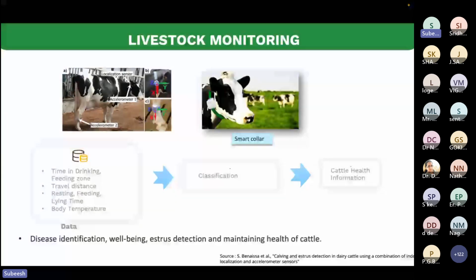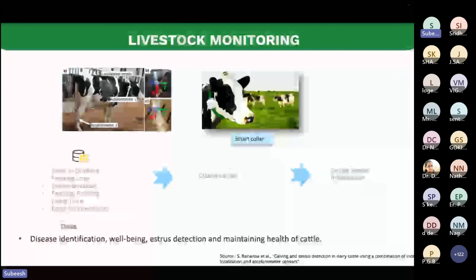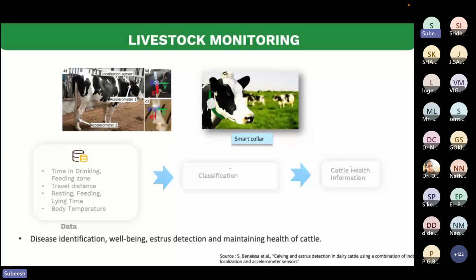Once you get all these details, you can see the pattern and apply some machine learning. Let's say you're doing a classification model, you can easily identify whether the cattle is sick or not. When the cattle is going to get sick, there will be a difference in pattern, like the feed intake or the travel pattern will be different. And its body temperature, obviously, if it is related to some kind of disease, there will be a rising body temperature also. Those can be easily captured using a classification model, and you can give this information to the owners.